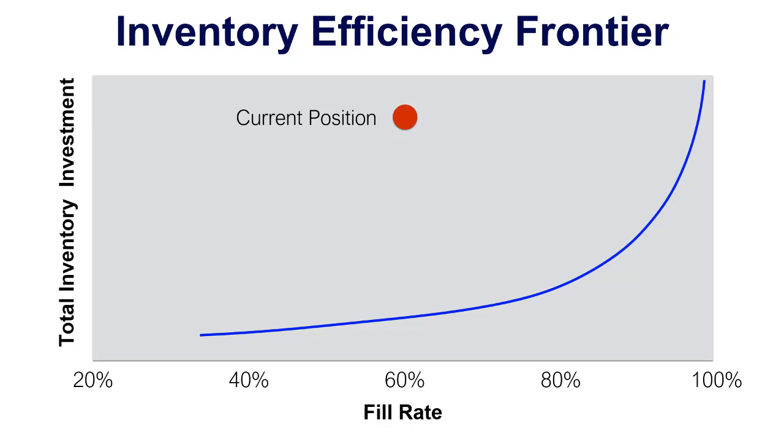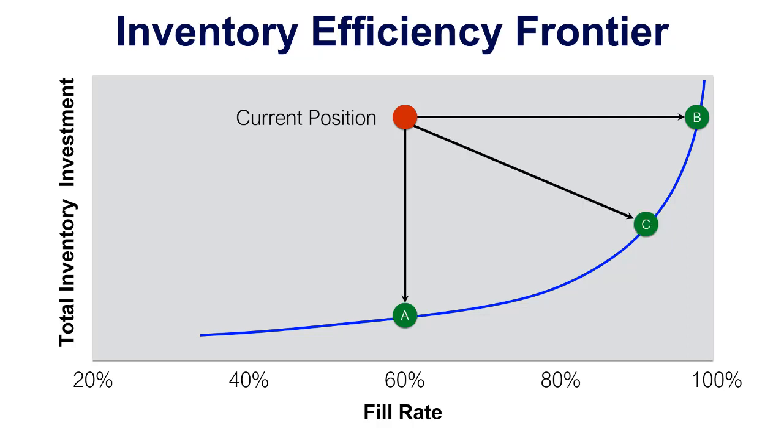This can be determined for your company, and the current position of your company could be there on the red dot. And if we plot this blue one, we can figure out ways of moving down, like reducing inventory at the same fill rate, or improving the fill rate at the same investment level, or actually perhaps achieving a combination of both. And what this also means is that beyond the blue line is not possible, and this is another scientific